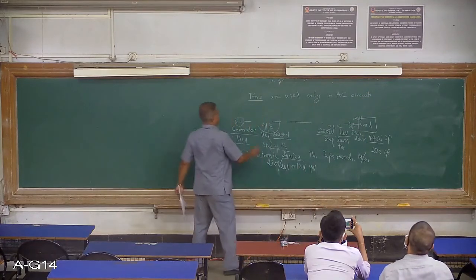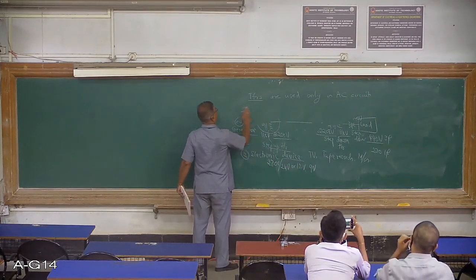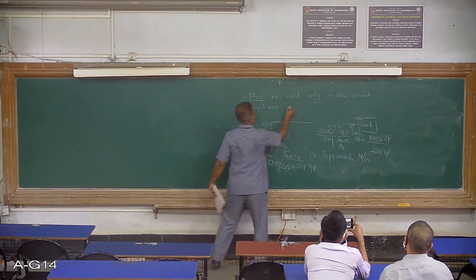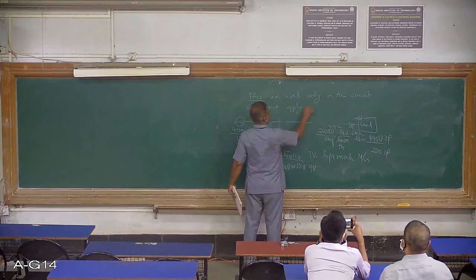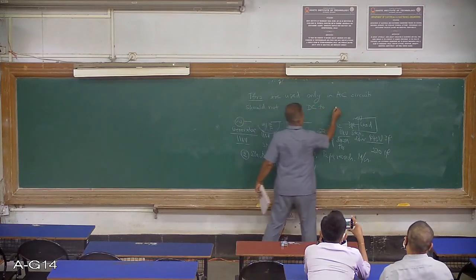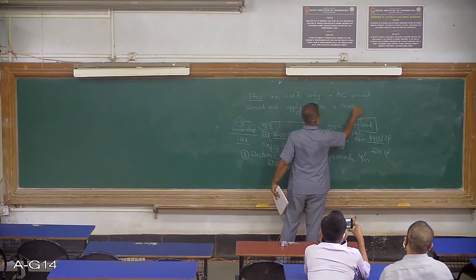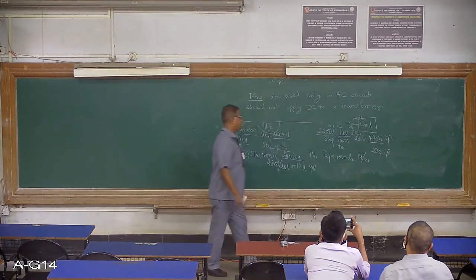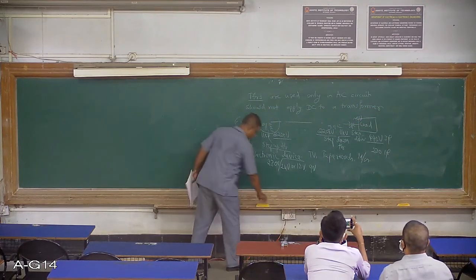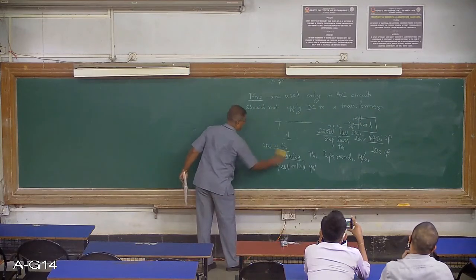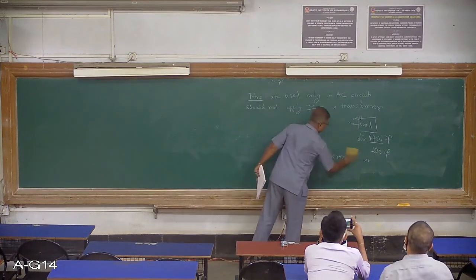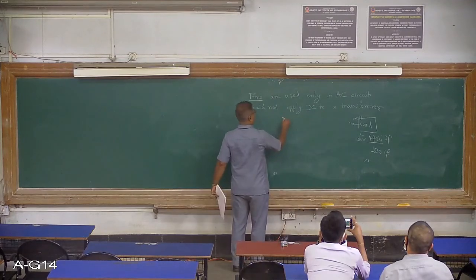You should not apply DC to a transformer. We should not apply DC supply to the transformer. If you apply DC supply to the transformer, it burns readily. It burns readily because the transformer,